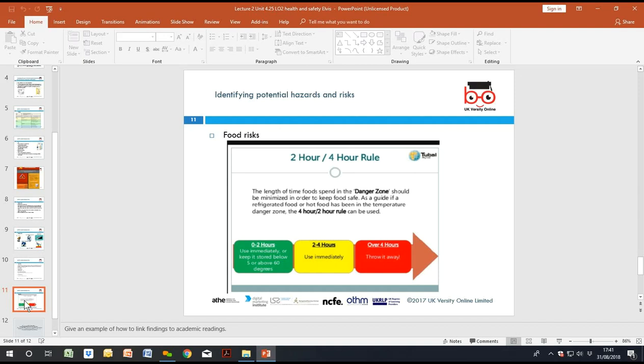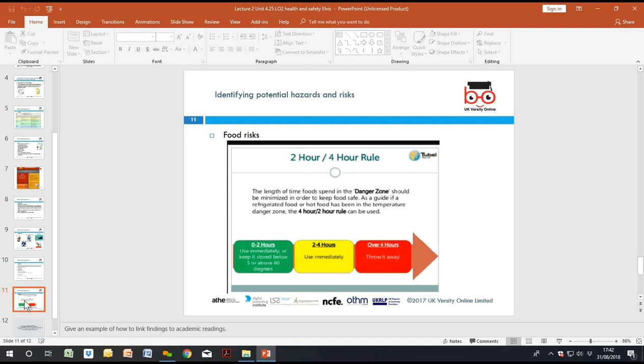So risk assessment is mandatory. And as health and social care practitioners, we should be able to understand the concept of risk assessment. We should be able to know the regulations covering risk assessment. We should be able to identify any potential hazard and risk, be it infection, fire, trip and fall, and food risk. And once we are able to assess that, we'll be able to keep the environment safe for service users in particular, and to ourselves as well as anybody in the care environment. This is a very short presentation, and I believe it's going to guide you and help you understand